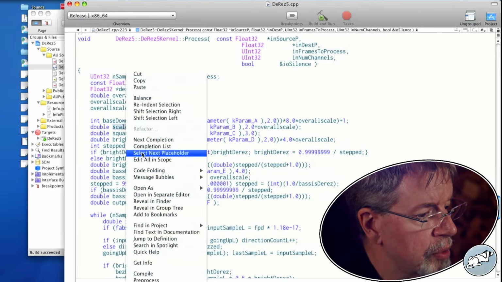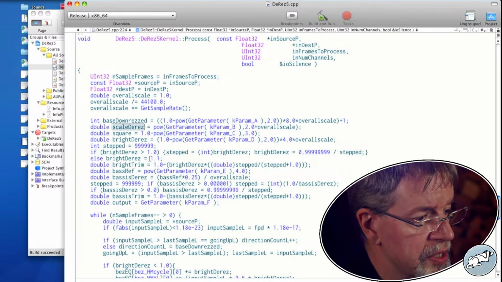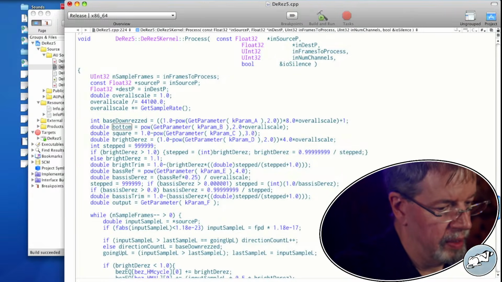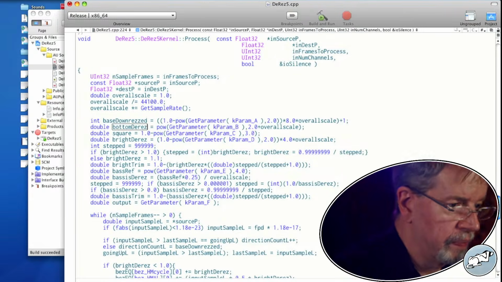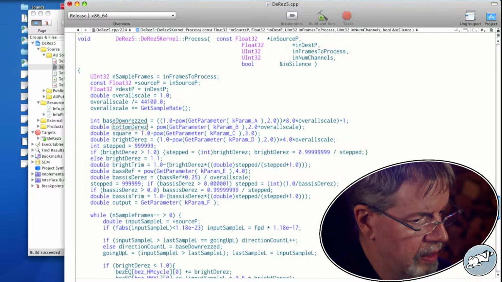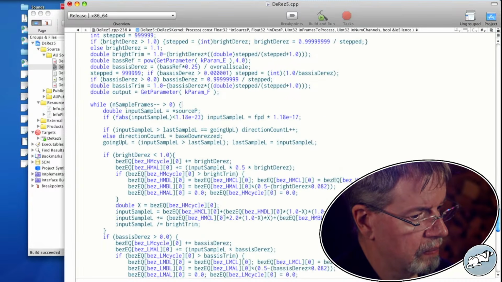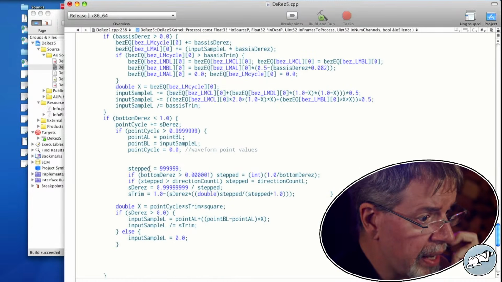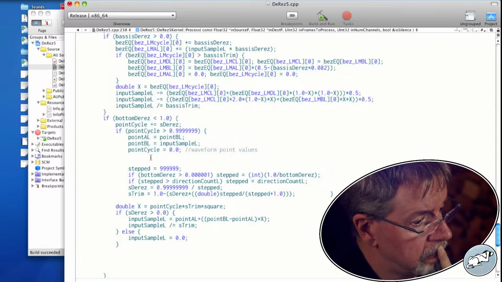Also, what we can do is make this be slightly more consistent. There, see, now that is doing that.